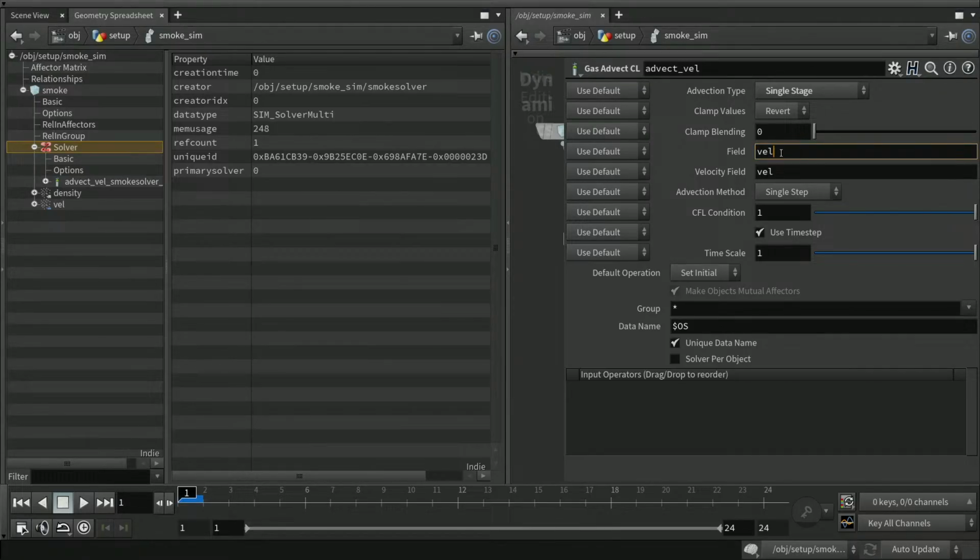So let's add vel under field, and we will use this single step for now. And if you look here, we have a data name that is a bit confusing, so let's untick unique data name, and that will make this very clean to look at here in the spreadsheet. And we now have advect velocities,